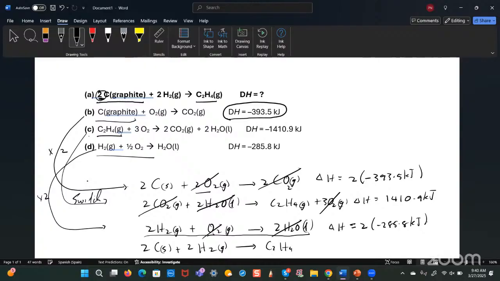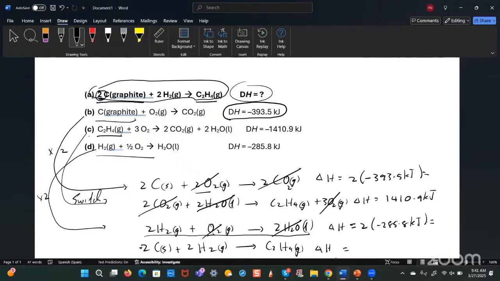C2H4 gas, and therefore the delta H of this equation here, oh, by the way, this equation here will be basically the same thing as this equation here, which means that the delta H value that we're going to get here would be the sum of all these delta H values that we have on the right of that setup. So what I'm going to do now is calculate what this is equal to and what this is equal to, and then add them up. So